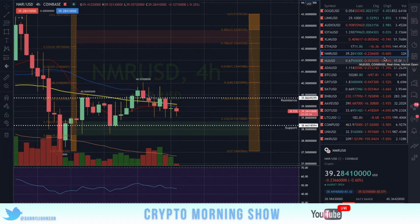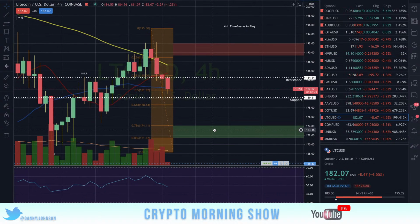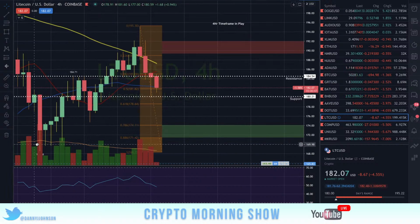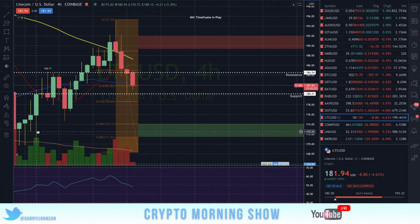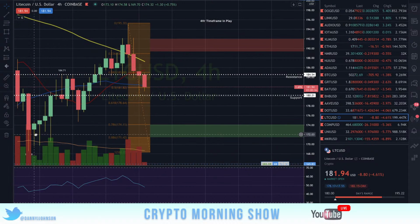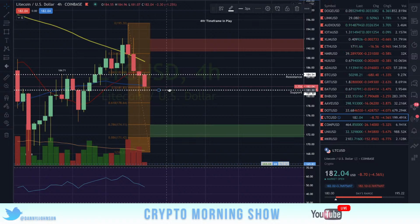Moving on to LTC USD, Litecoin. We've reset our chart. You see our previous, this was our buy and sell target. We did make that trade. Currently we left, I talked about this yesterday, we took 90% of that trade, left 10 on the table because we wanted to maintain a position on this particular one. So looking to reload, we need to set some direction, come down here and retest support at the, I think